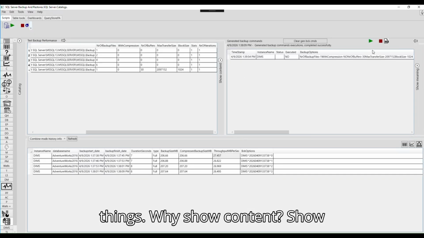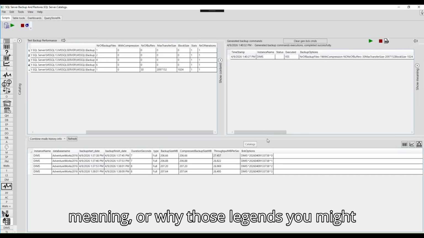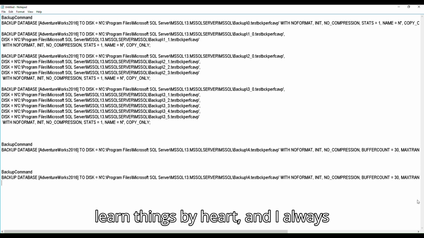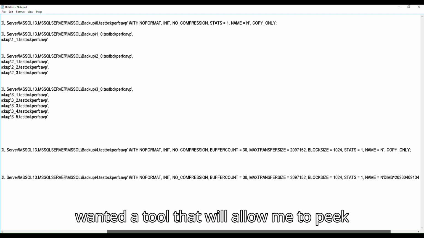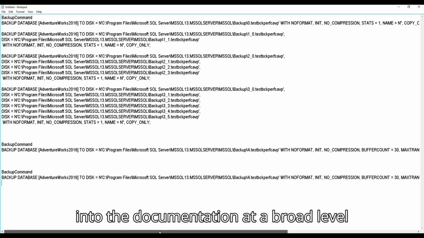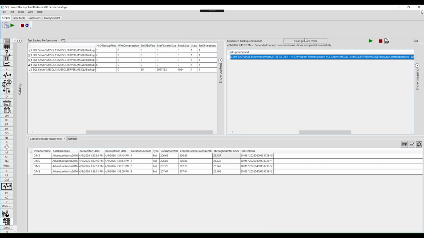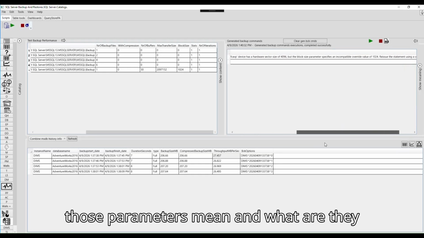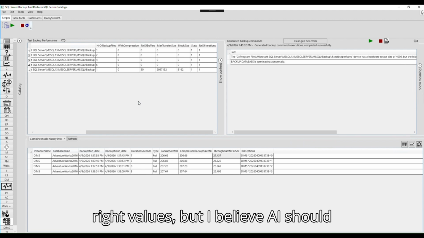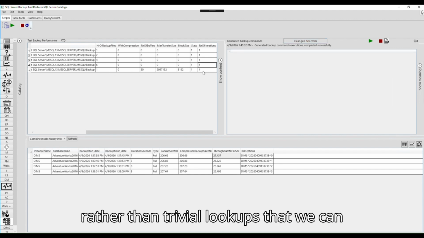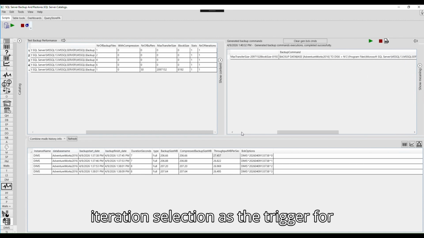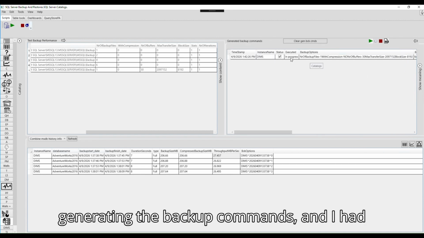Why show content? Show meaning, or why those legends, you might ask? This is because I never wanted to learn things by heart, and I always wanted a tool that will allow me to peek into the documentation at a broad level in order to know what I'm aiming for. Nowadays, we can ask AI by pasting the backup command to tell us what those parameters mean and what the right values are, but I believe AI should be used for solving important things rather than trivial lookups that we can do ourselves. I chose the number of iterations selection as the trigger for generating the backup commands, and I